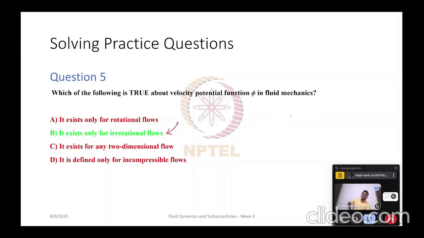So the definition of phi is that u is ∂φ/∂x and v equals ∂φ/∂y,